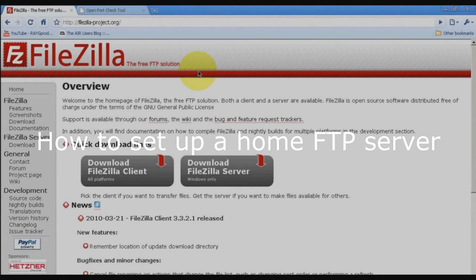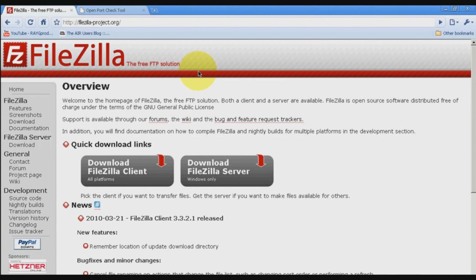A couple of weeks ago, I made a video on a service called Dropload. If you wanted to send me a file, you'd use that service. If I wanted to send you a file, I'd use Dropload. Works pretty good, but it has a couple of limitations. The free edition is about 2 gigs. I believe you get 1 gig free after you give a couple of invites, but after that you have